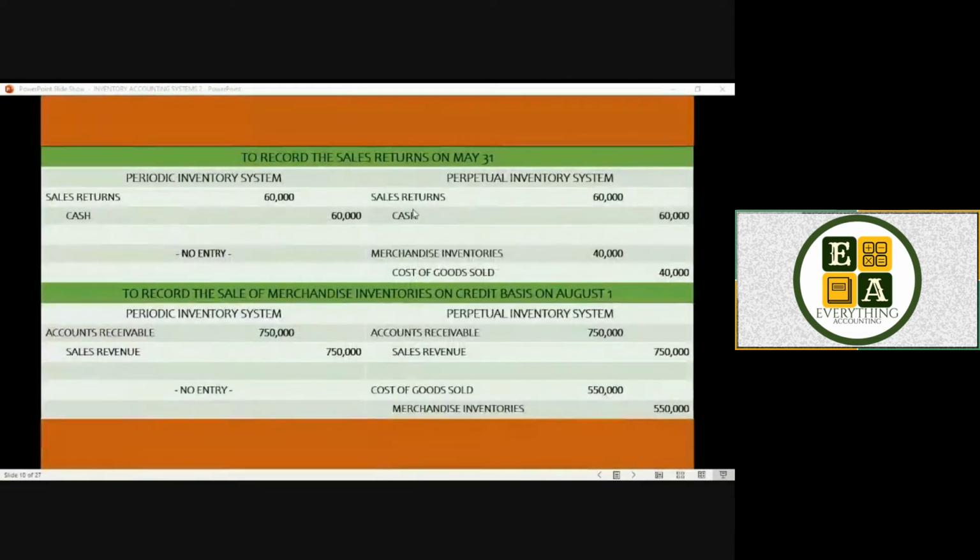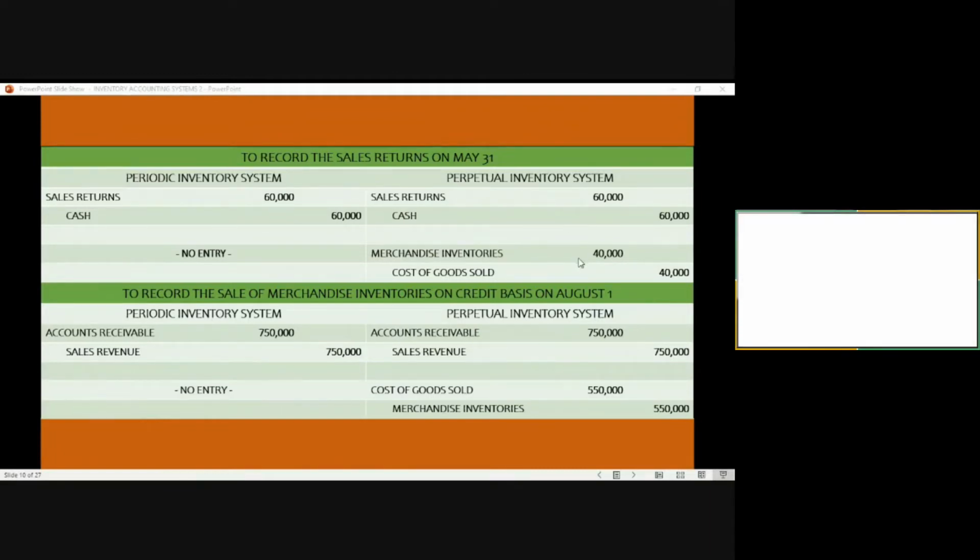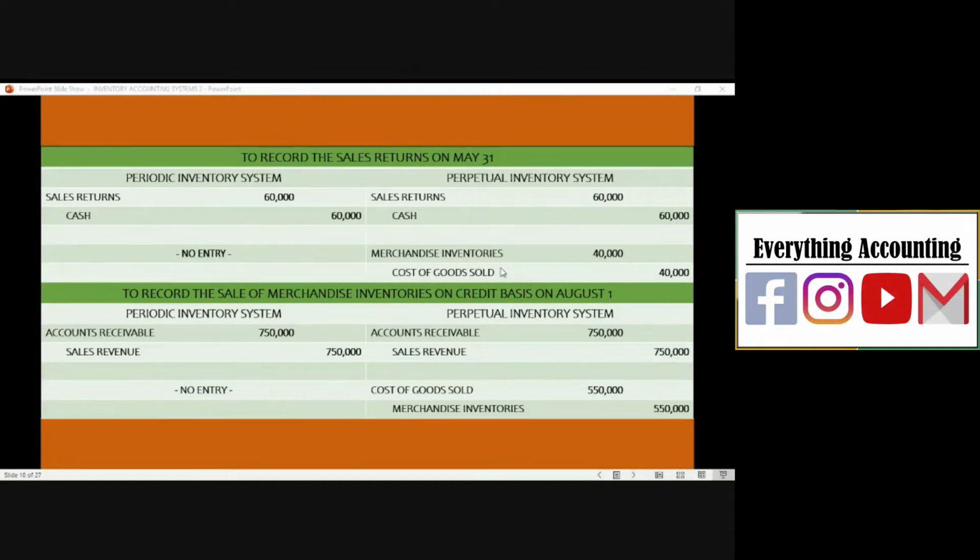So, under perpetual inventory system, the same pa rin yung first entry, sales return debit and cash credit 60,000. Pero may additional journal entry lang tayo dito. Binabawasan natin yung cost of goods sold na meron tayo sa record. So, debit tayo ng merchandise inventories, then credit tayo ng cost of goods sold, good for 40,000. Next,